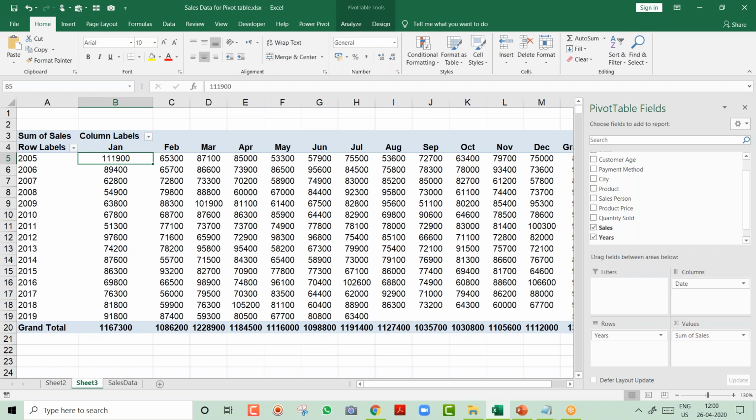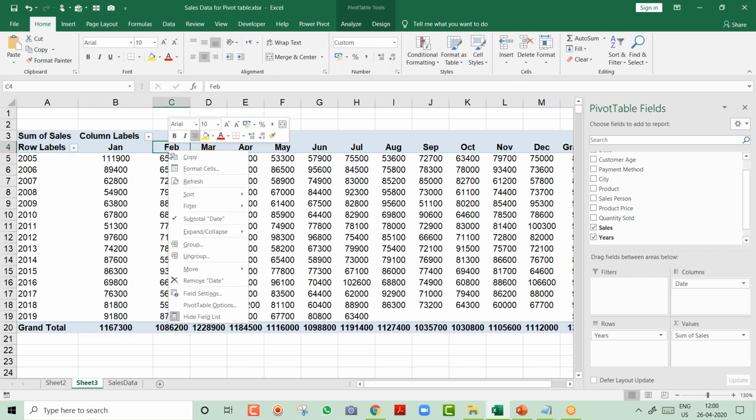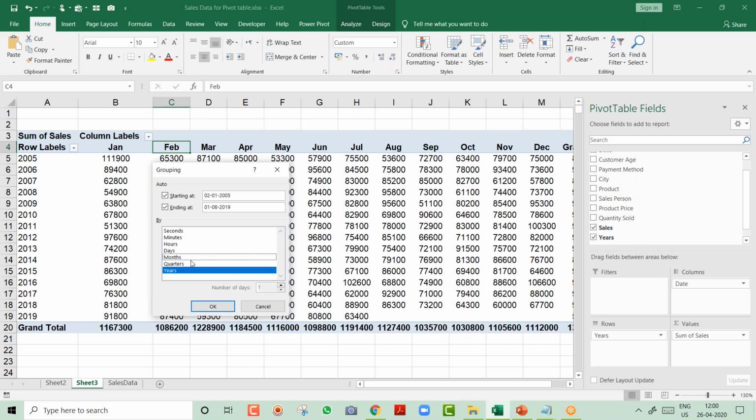Now your manager says, hey Ramzan, I also wanted to see each year, each quarter, how much is the sales. You really don't have to worry, friends. I will just right click on this. Again, you will say the same option, group. And over here, I have an option year wise, quarter wise. As soon as I say year and quarter, you see what will happen.